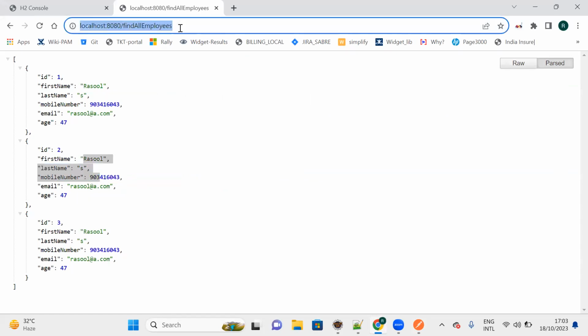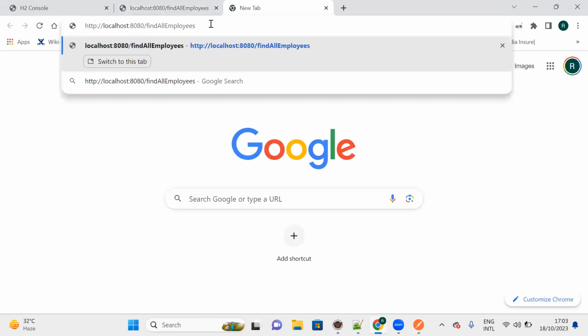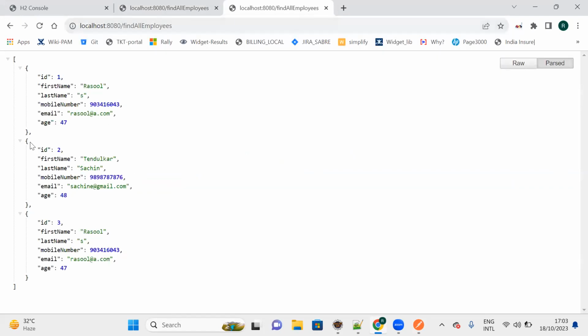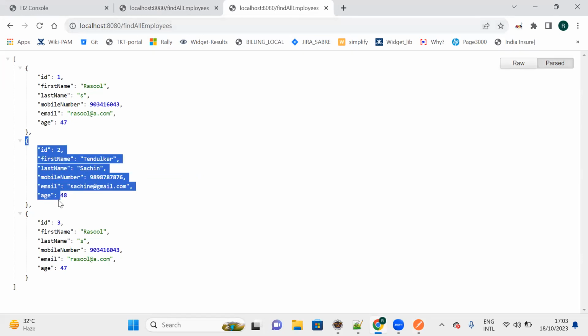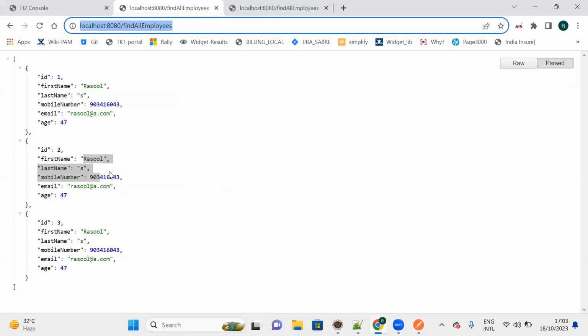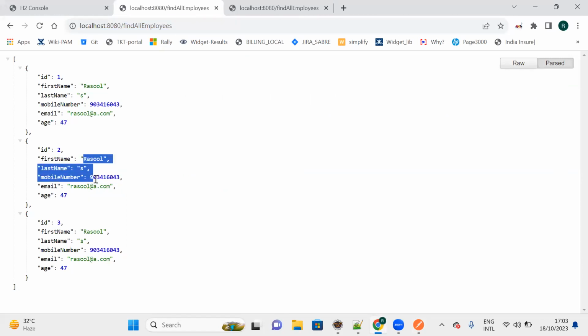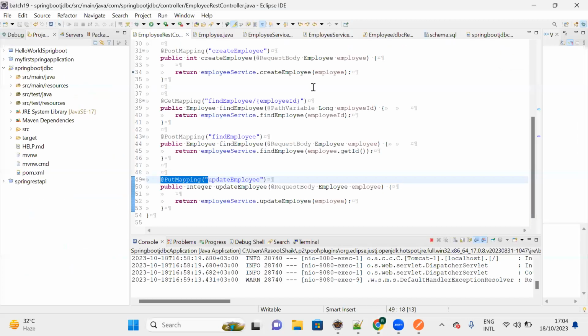Let me fetch in another browser to show you the difference. Now the employee details are updated with Sachin Tendulkar. Earlier the data had Rasul, the email Rasul at a.com, and 47. After updating, employee two details are Sachin Tendulkar. So this is how you need to write